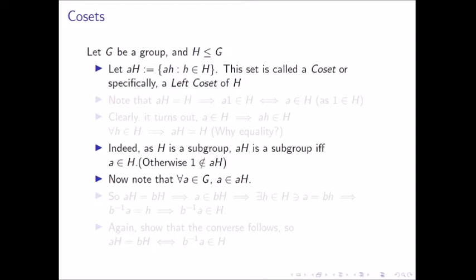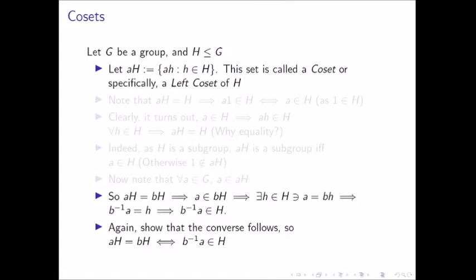But looking at this reminds us a bit about equivalence relations. So can cosets determine something like an equivalence relation? First of all, let's see it's well defined. So suppose aH is equal to bH. So what's the condition for two cosets of two different elements to be the same? aH equal to bH would imply a is an element of bH, which would imply there exists small h, an element of capital H, such that a is equal to bh, which would imply b inverse a is equal to h, an element of capital H. So if a is equal to bh, it turns out that b inverse a is an element of capital H.